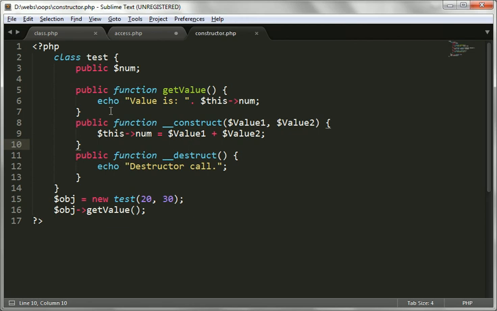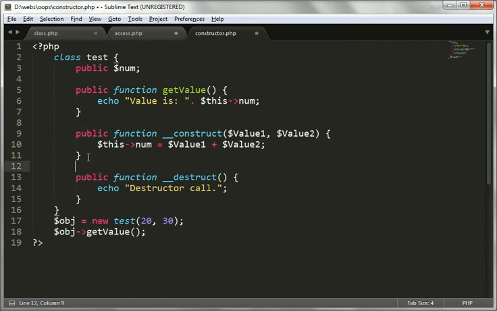See, a constructor is what? A constructor is a special type of function which will get executed at the time we are creating an object. And a destructor is what? Whenever there is no need of that object, the destructor will get executed automatically. So an application for constructor and destructor is, whenever I want to set up a connection with the database, I can use construct, and when there is no need of communication with the database, I can use destructor to destroy the connection. Like this we can use construct and destruct.